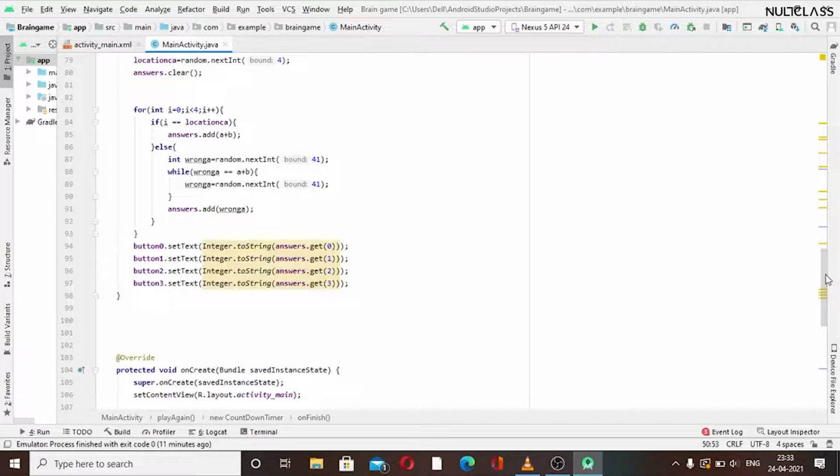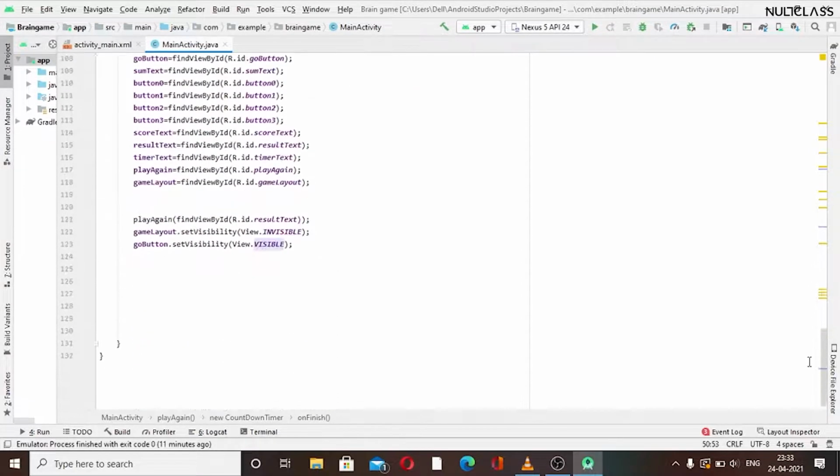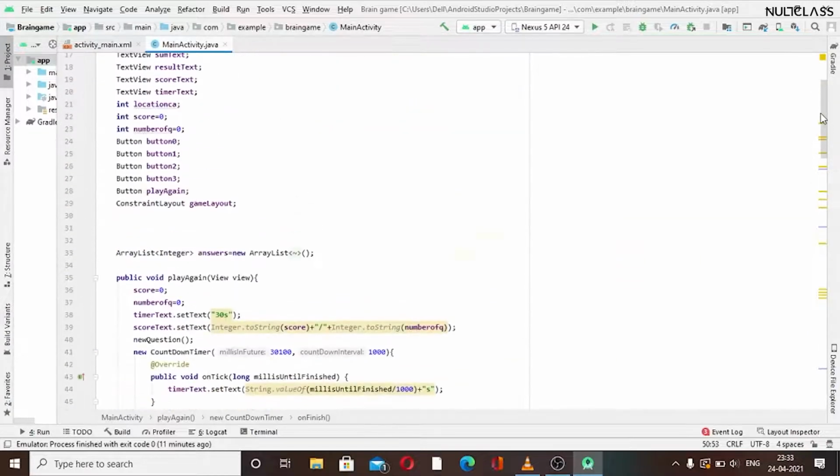So whenever we tap on the go button, the go button will become invisible, game layout will be visible, and we can do our process here, that we can play the game and other things will come. And at the last we just have to use this. I think we are ready. Let's just test whether the game is okay or not.